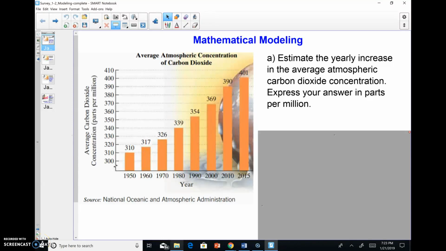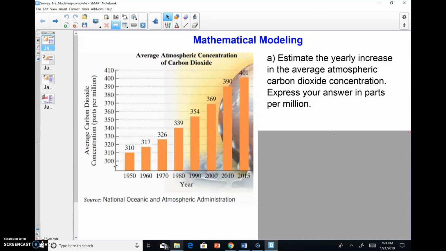Let's take a look at mathematical modeling. In this one, we're just going to get a real brief overview of looking at some data and trying to figure out some patterns and seeing if we can make an equation that makes sense that we can use for predicting. So in this particular example, we have the average atmospheric concentration of carbon dioxide in various years